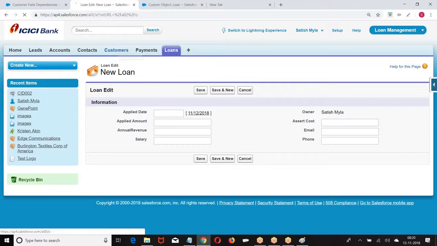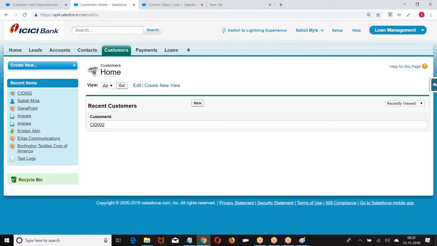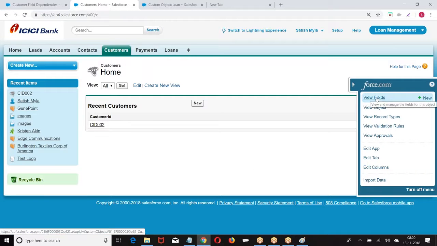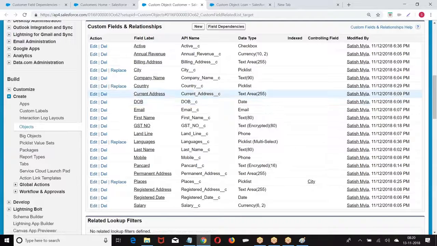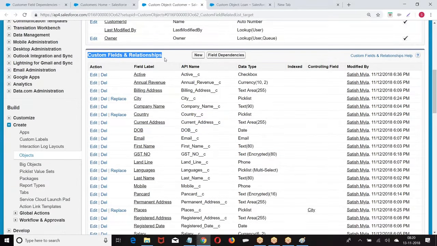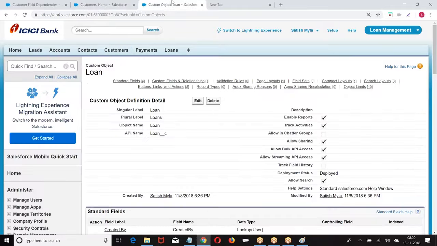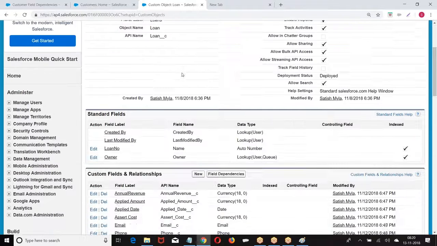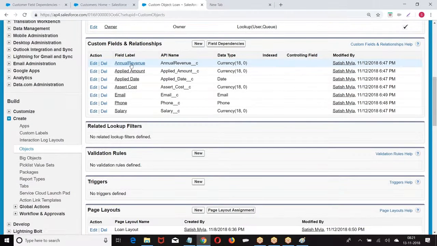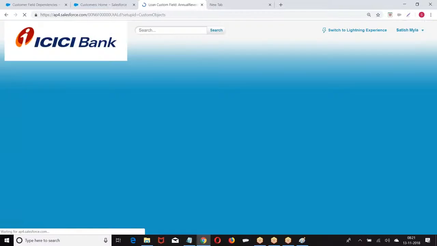Now what is the other way of creating? We can click on a tab, then you get an option, view fields. Again the same story, custom fields and relation. Right, boss? So these are the ways. We have just done with the basic. Now she has asked, can we change the data type? Look at this. Open the field.